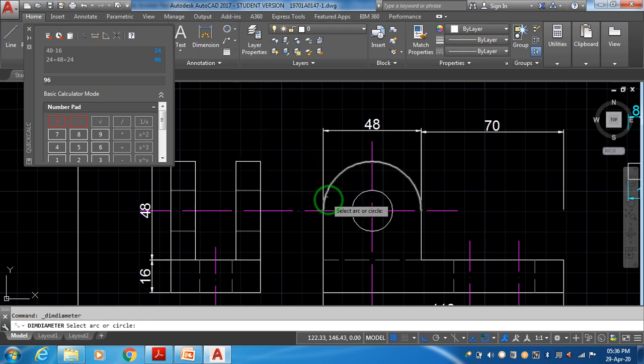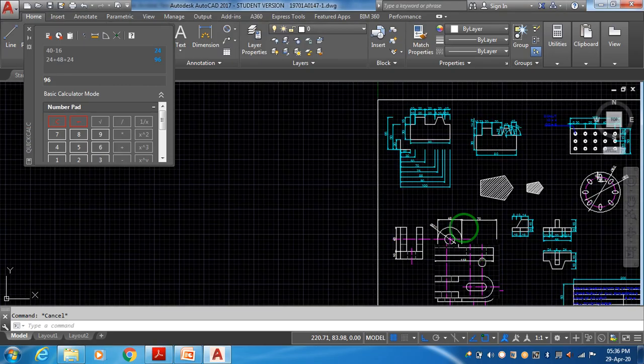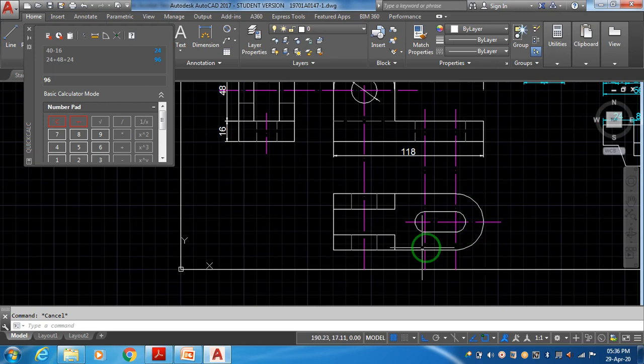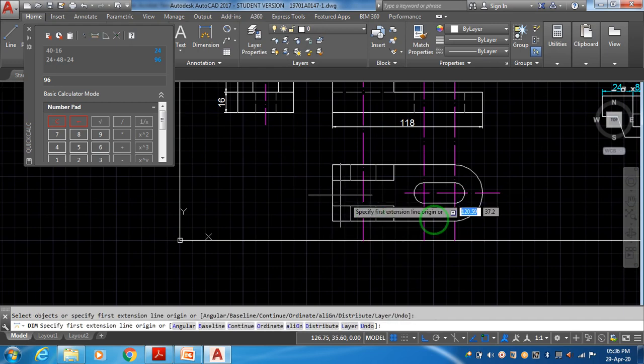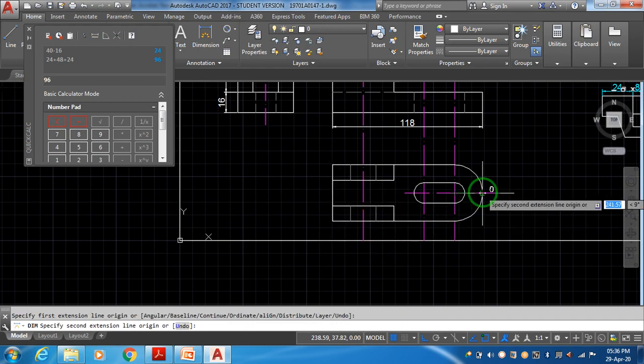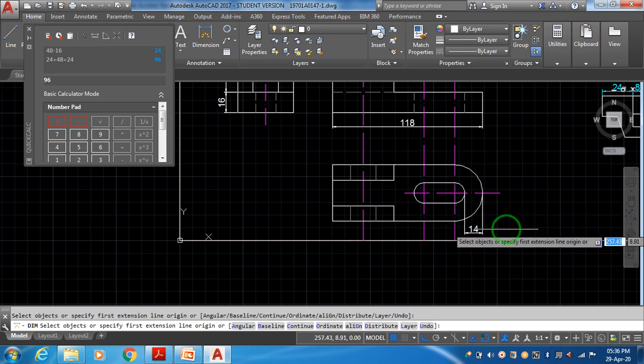Diameter dimension. Select, show it outside, diameter 20. All these things, right? From here you can see the breakup at regular intervals with the help of radius. Dimension, enter, from this point to this point up to here.